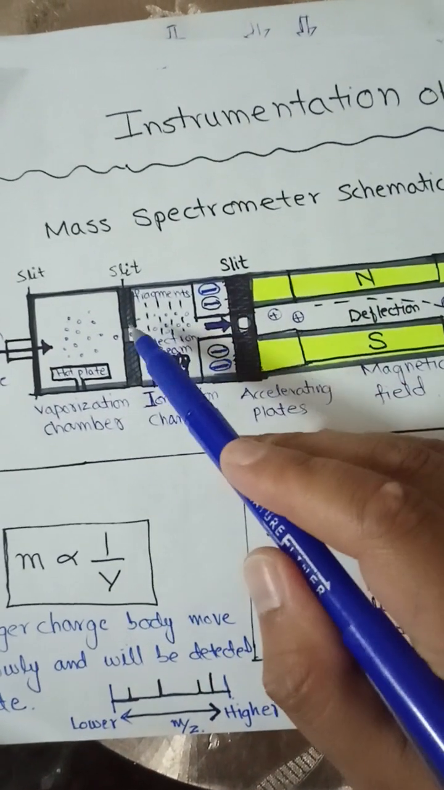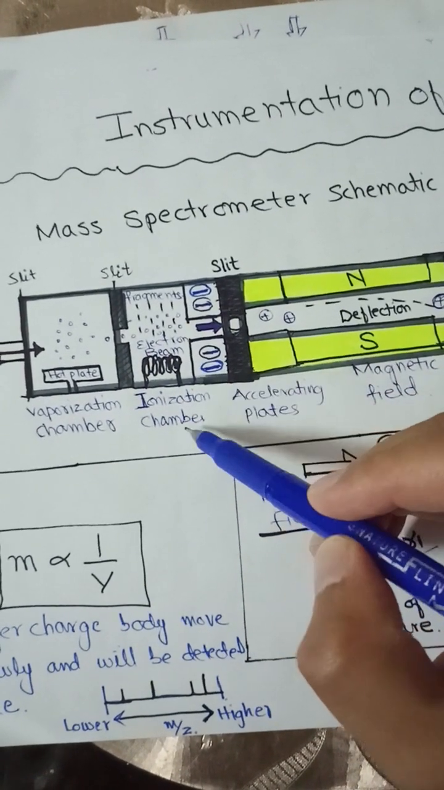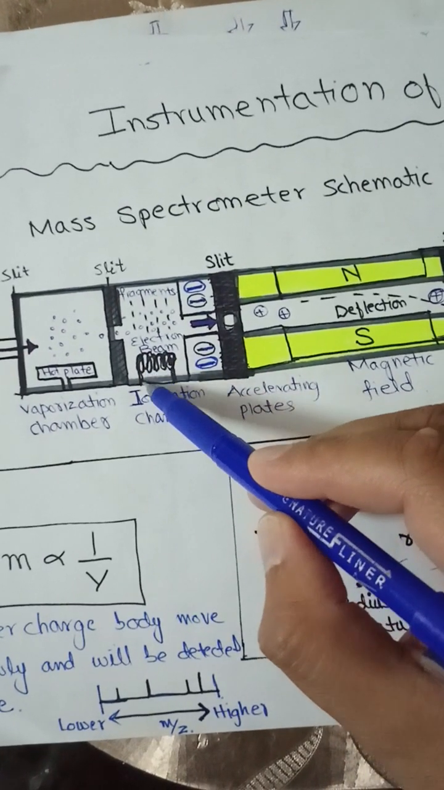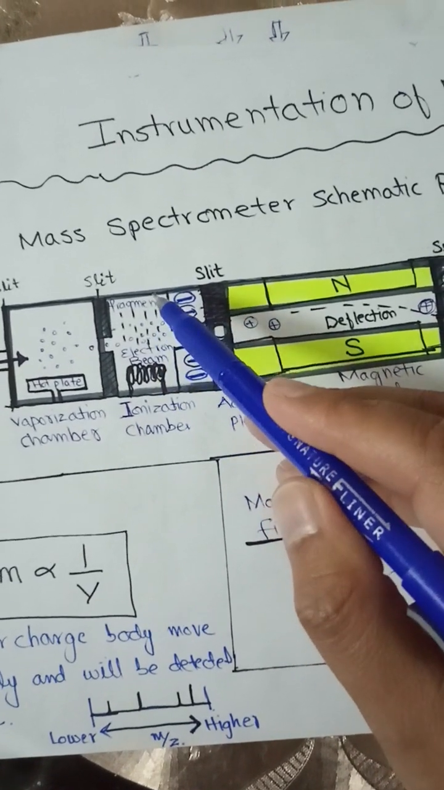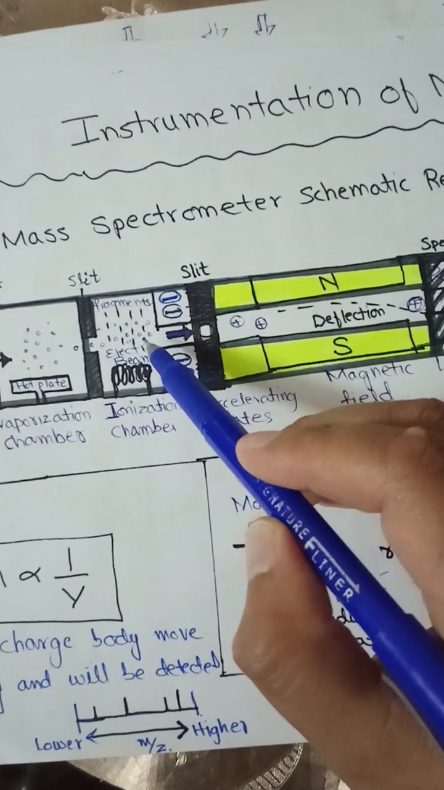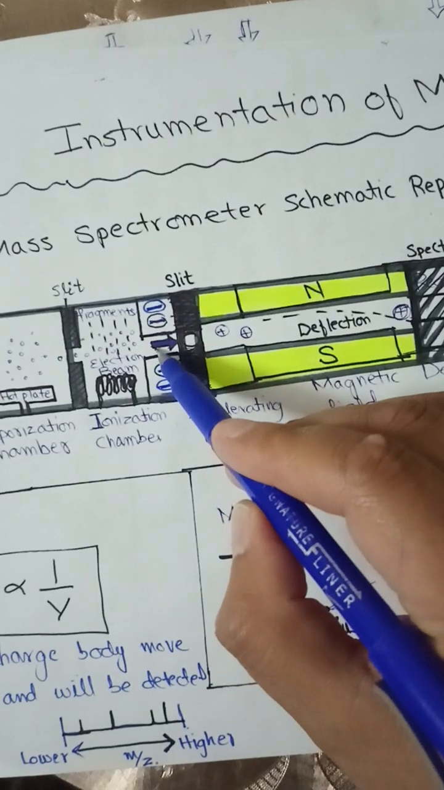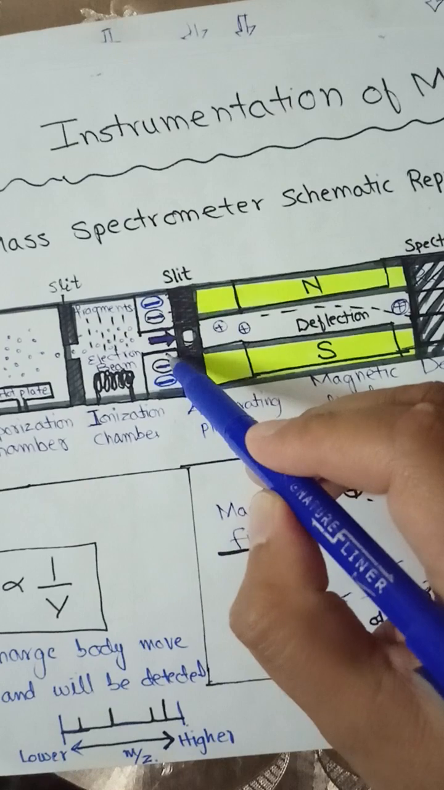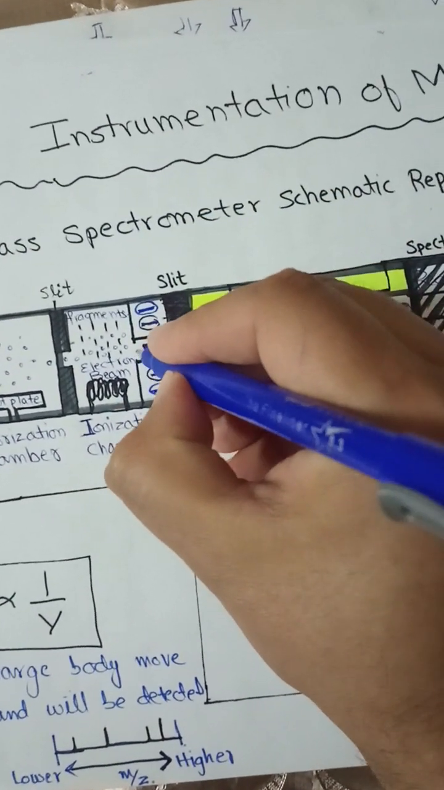And then after this it will pass through the slit, and then enter the ionization chamber, where we have a tungsten filament or some other filament which produces a beam of electrons. This beam of electrons causes ionization of these molecules and fragmentation of the molecules. After ionization, these molecules will be accelerated by the negatively charged plates, and these positively charged cations will be accelerated,